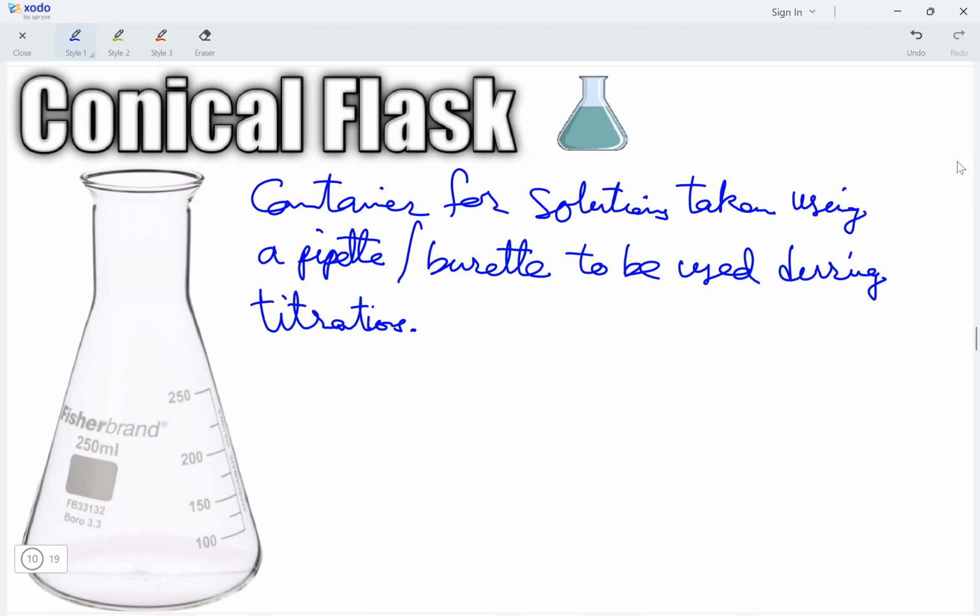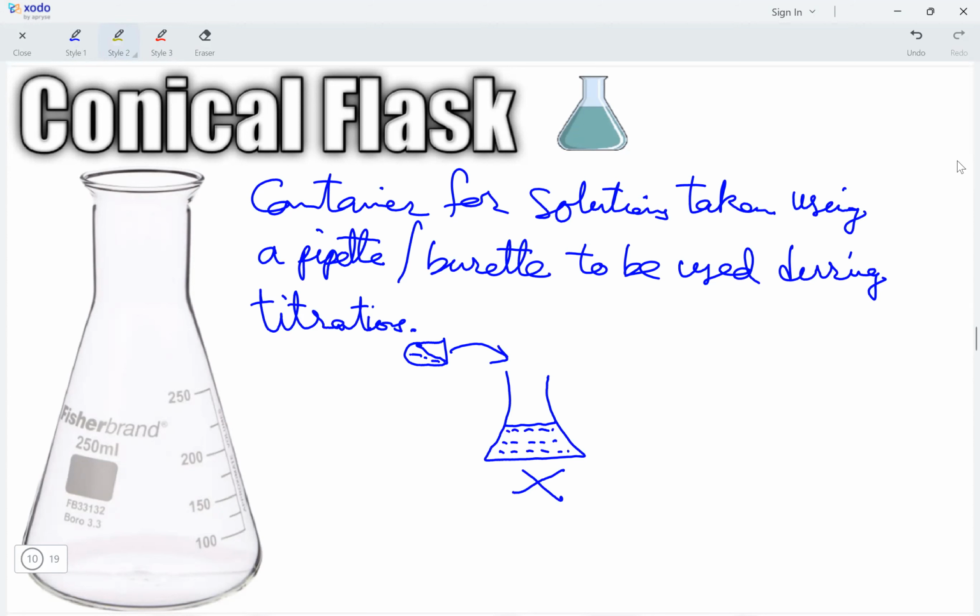For example, if we need to perform an experiment in which we need to determine the rate of production of a substance, we place a solution inside the conical flask and we place the conical flask over a paper with an X on it. The conical flask will have the solution placed in it, and another solution will be added to the conical flask from another container, and this solution, when added, will start the reaction inside the conical flask, and we use a stopwatch to time the